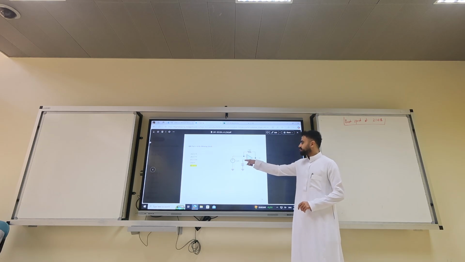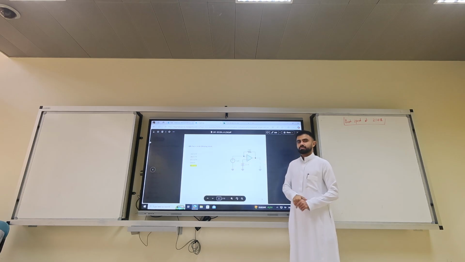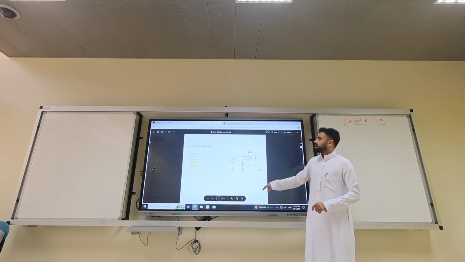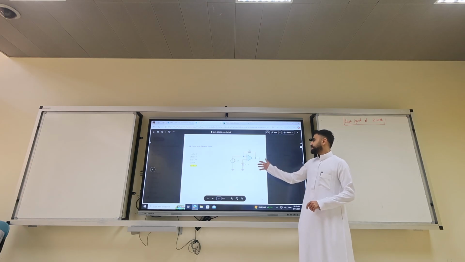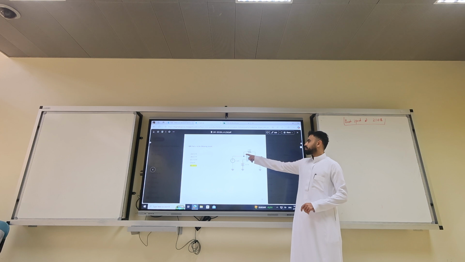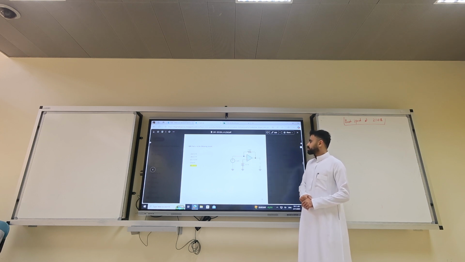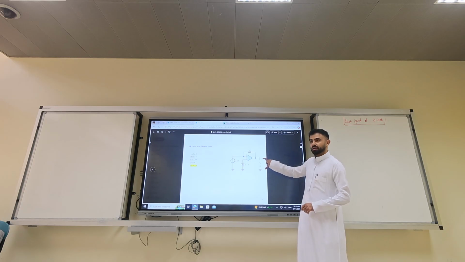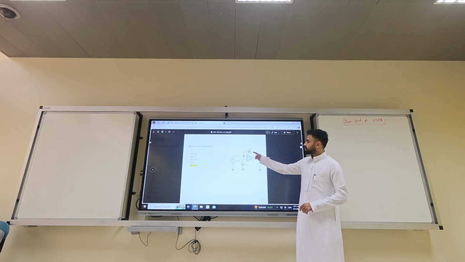So if this is a 3.3 volt, what's the voltage drop here? 3.3. What's the voltage drop at the current source? 3.3. Now, it is an easy problem. You do not have to use it here, but also you need to know the 2 milliamp will flow here. Okay? So once you know the 2 milliamp is flowing here, you can calculate V output to be the voltage drop here